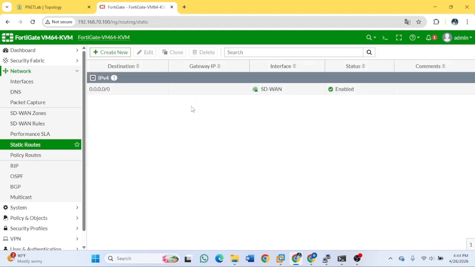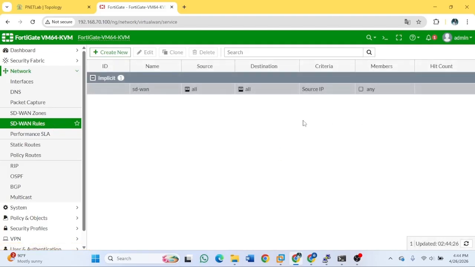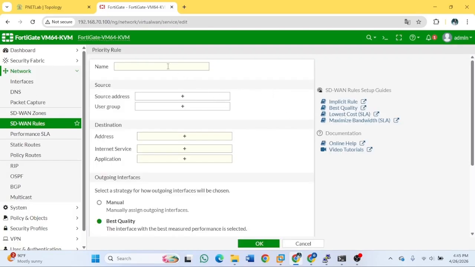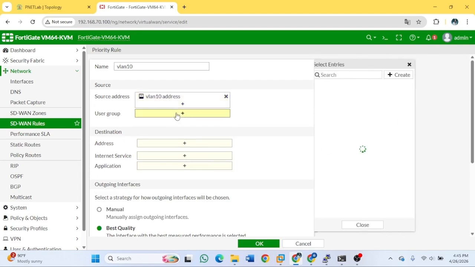Okay, now go to the SD-WAN rules and create a new rule for the priority to VLAN 10 and VLAN 20. This VLAN 10 source address is VLAN 10.